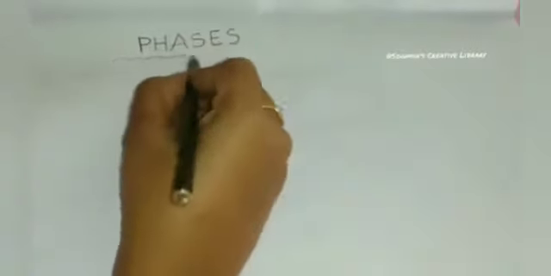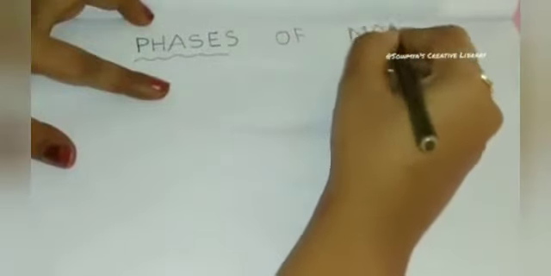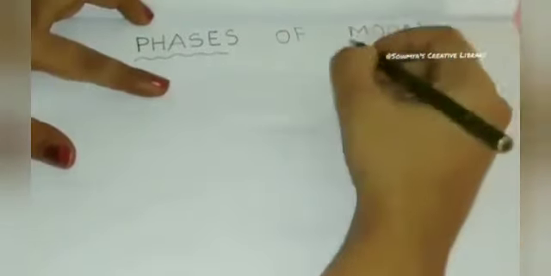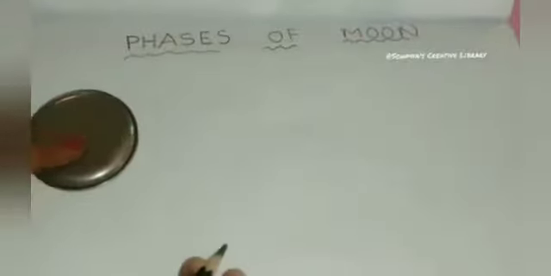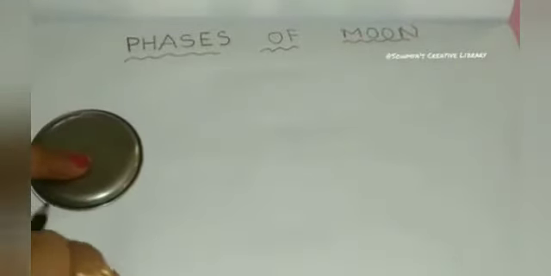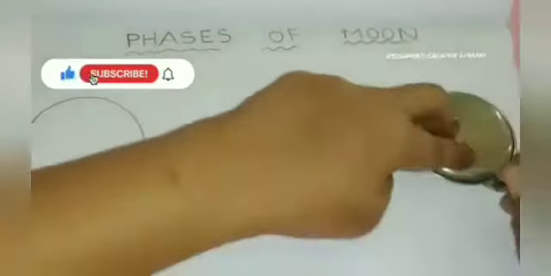Okay students, now I am going to draw the phases of the moon. Firstly, you will write on your science notebook blank page, phases of the moon. Keep it in your mind. Firstly, you will collect the material for this drawing: pencil, a circle. As you can see, I am drawing a full, complete circle,